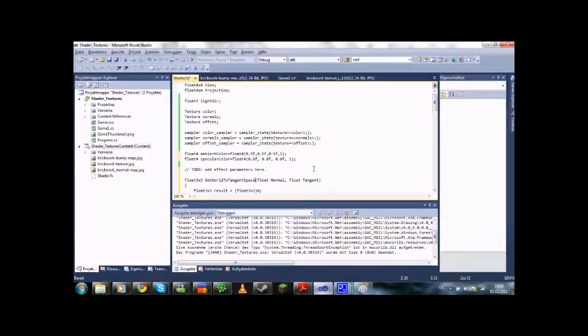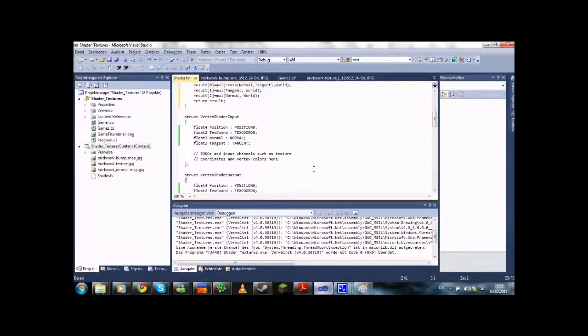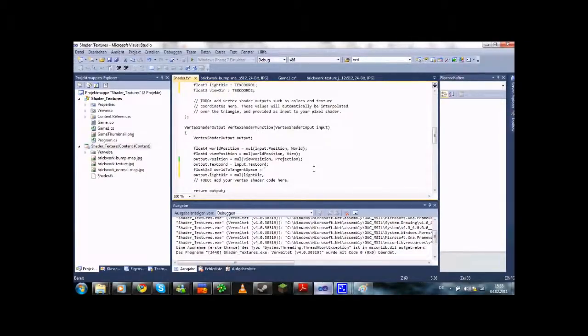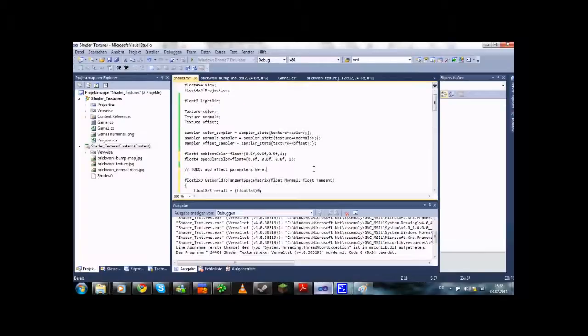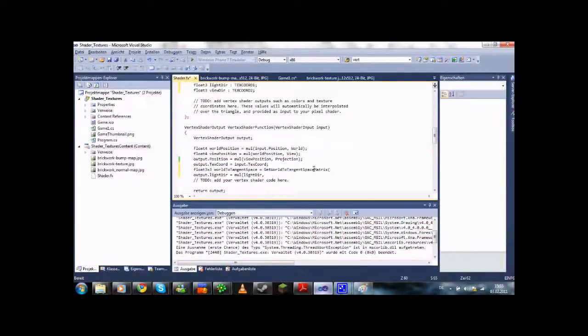Well, tangent space equals get world to tangent space matrix, and we pass it the normal first. It's input.normal and input.tangent. Okay, so now what we do is worldToTangentSpace,